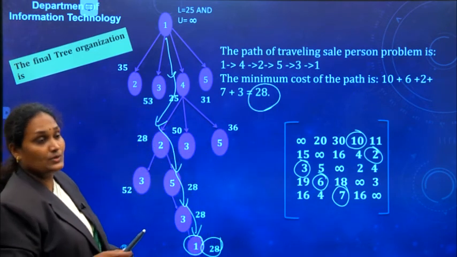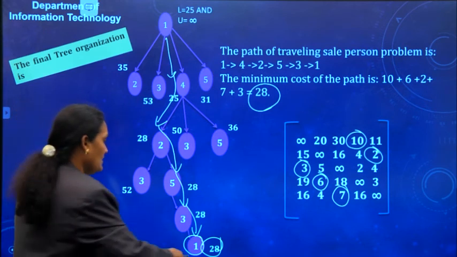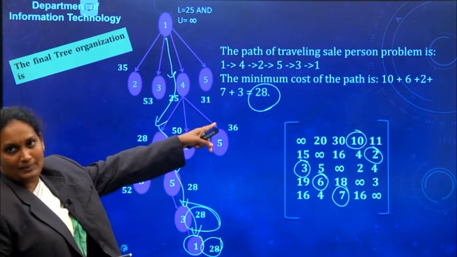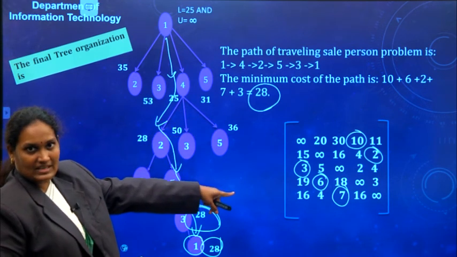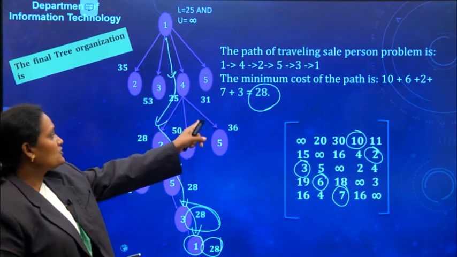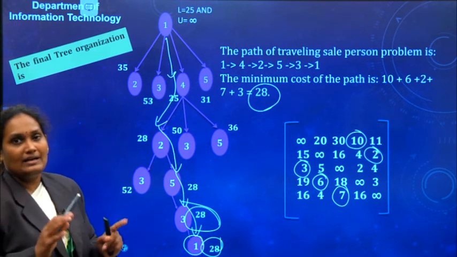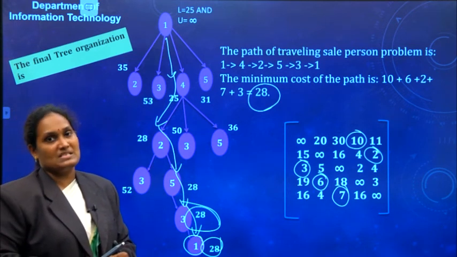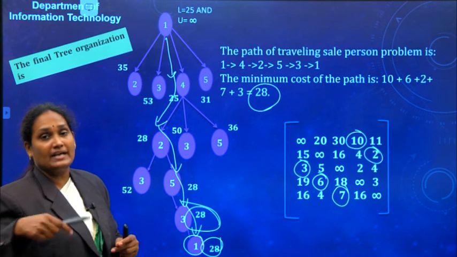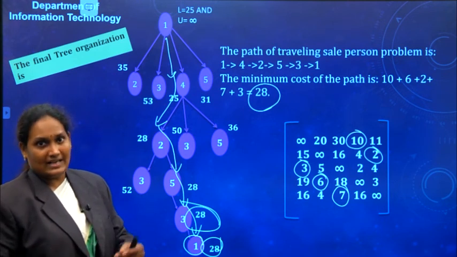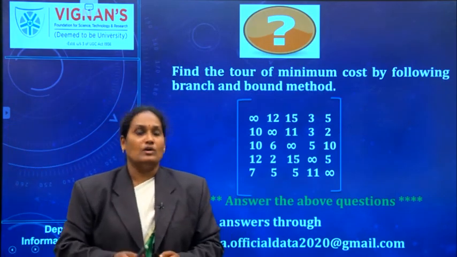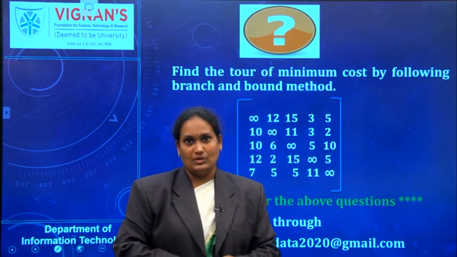So, you can check whether you did the problem correctly or not. The value that you obtained at the last node must be equal to the cost of the path. In the given cost matrix, you can take the path costs and add them. That should be equal to this one. This is how the traveling salesperson problem can be solved by using the LC branch and bound method. This is the least cost method. Every time we are taking the lowest value. So I hope you all understood the solving of the traveling salesperson problem in the branch and bound technique.